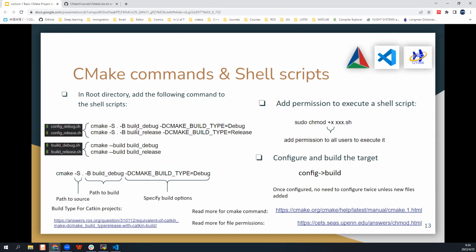And -B, and then you specify the build directory as build_debug. And you can see this -D means that we want to enter a variable together with our CMake command. So this specifies our build type: -DCMAKE_BUILD_TYPE=Debug for this config_debug.sh. And for config_release.sh, the difference is the build folder is